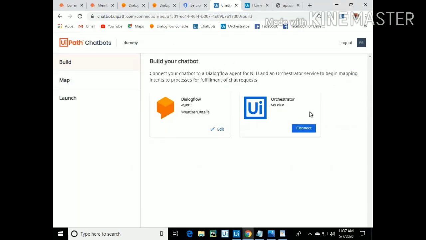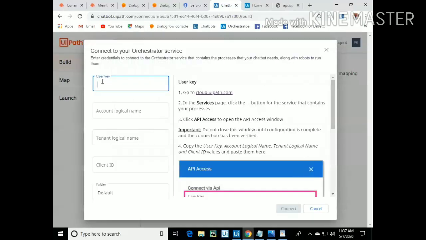To connect the Orchestrator service, click on connect and it will ask for the user key, account logical name, tenant logical name and client ID. You will get this data from the Orchestrator service.